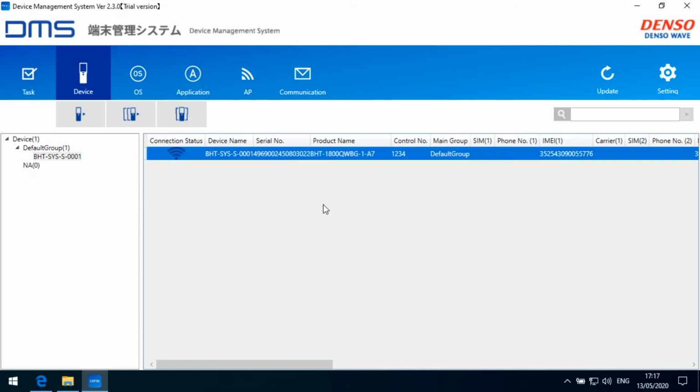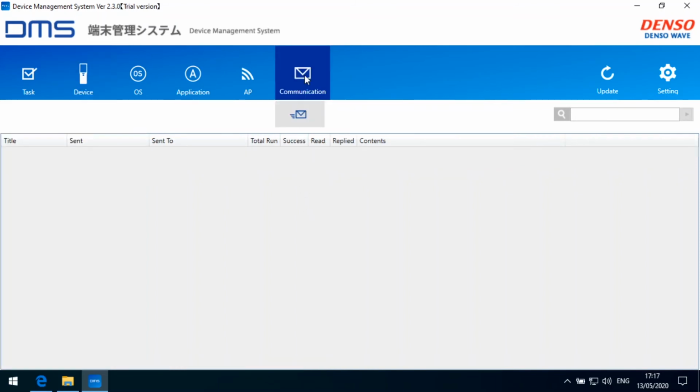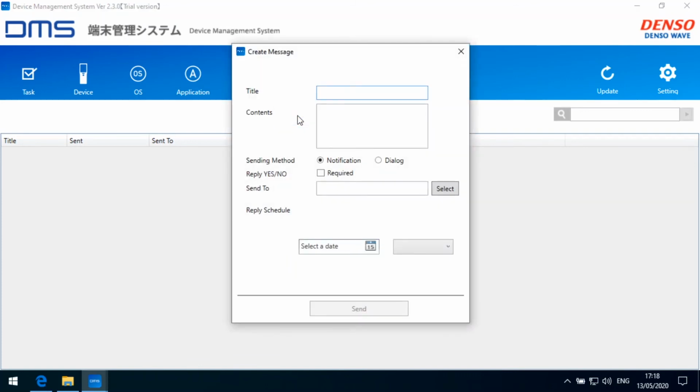One other function, we have seen the alarm. The alarms are distributed to the device, and the system as well comes with a communication function. So we can send messages to the devices, sending messages around for collecting information or instructing operators and so on and so on. If we want to send a message to the device, we can create a new message, name it test message, adding a content,